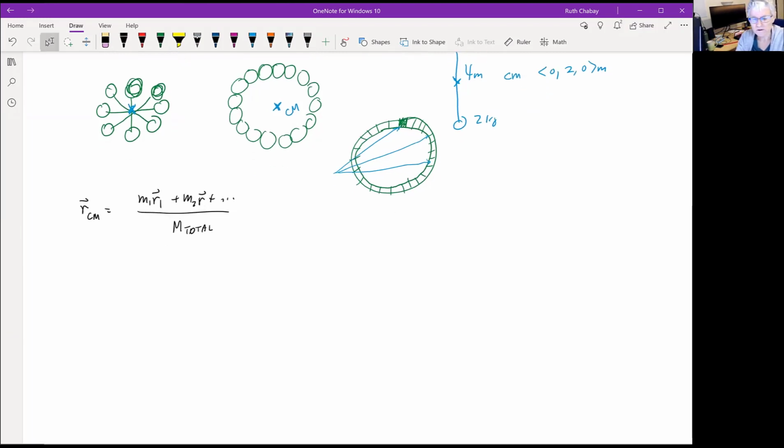And we could, of course, multiply through by the total mass, so we get total mass times R_CM is m1 r1 plus m2 r2 plus... And we know that